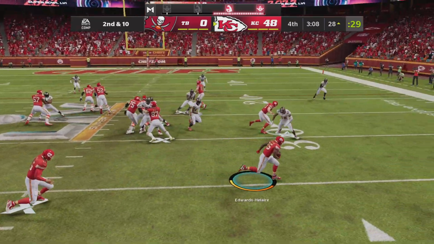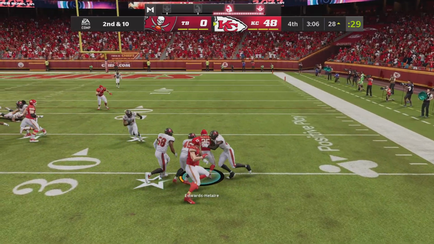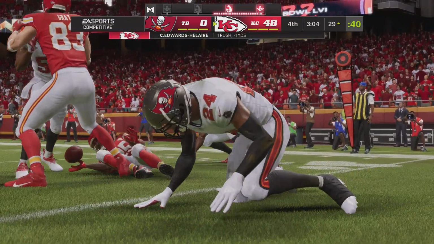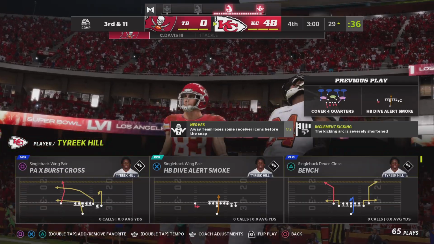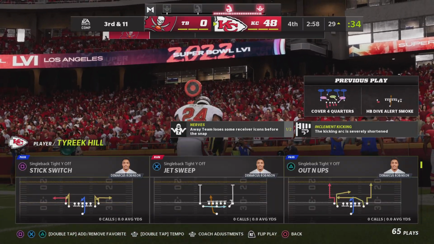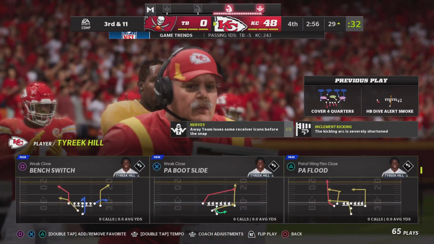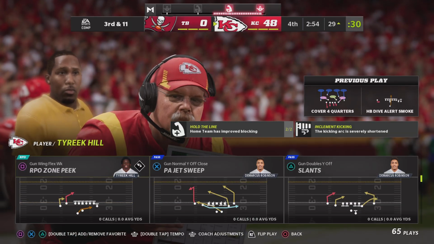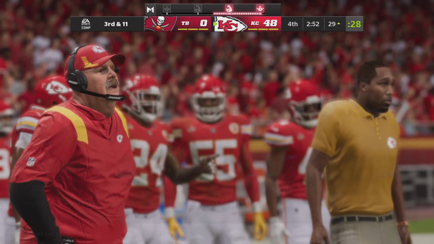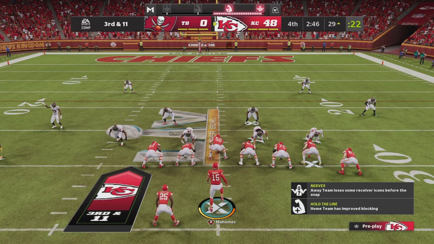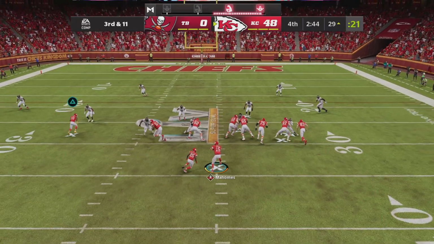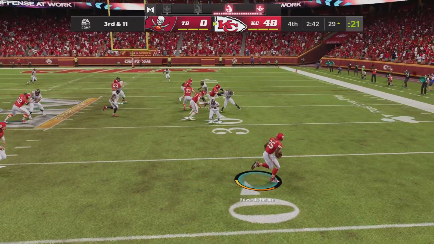They'll try and run some clock here as they keep it on the ground. And he went nowhere. He'll lose yardage back to the 29. It'll be a loss of 1, and that's going to lead to a 3rd and 11. Brandon, it's clearly a running situation when you're up in the fourth quarter. They're going to have to stack the box and make it difficult for them to move the ball. Made it very difficult right there. Now they need to repeat that effort. Yeah, bring 7, 8, 9, whatever it's going to take to slow them down.